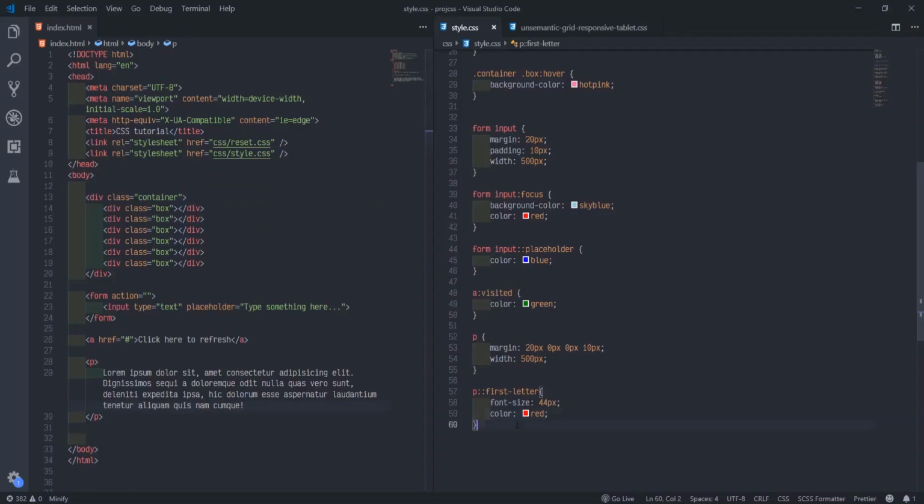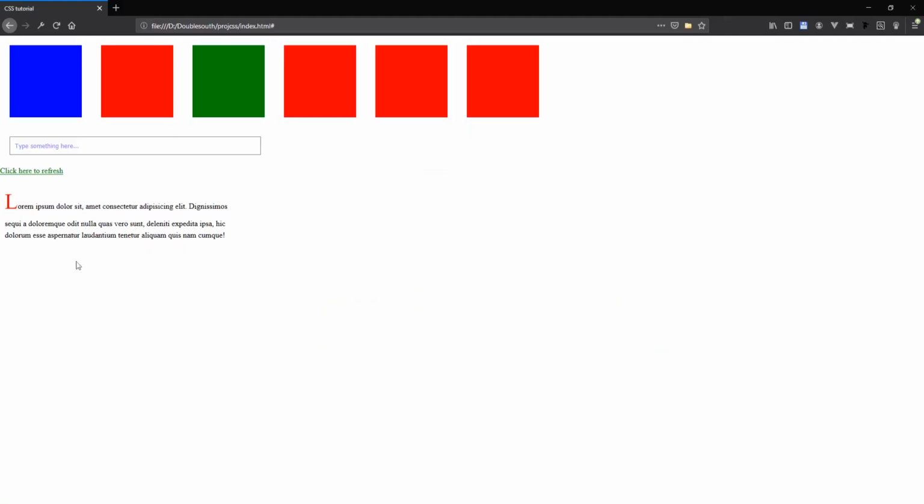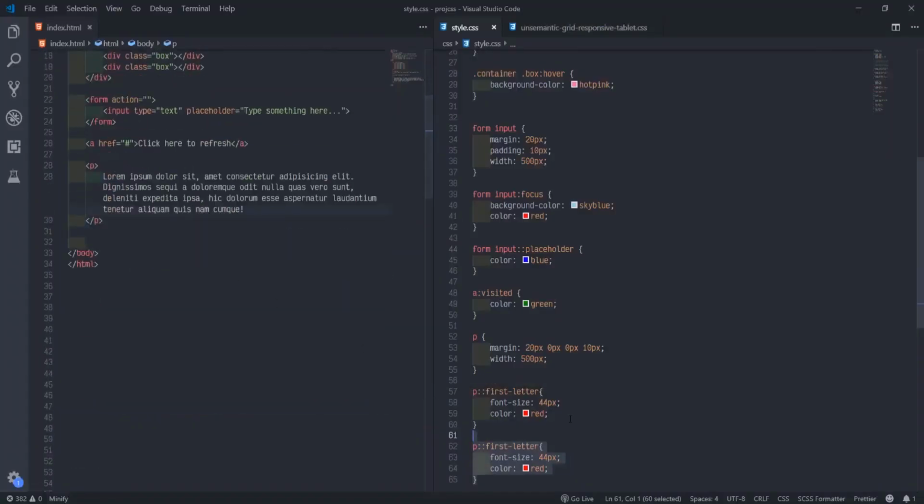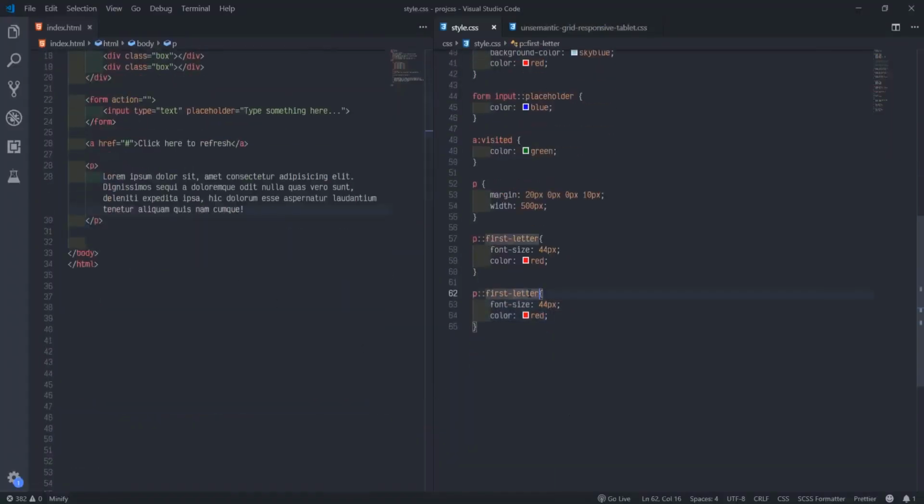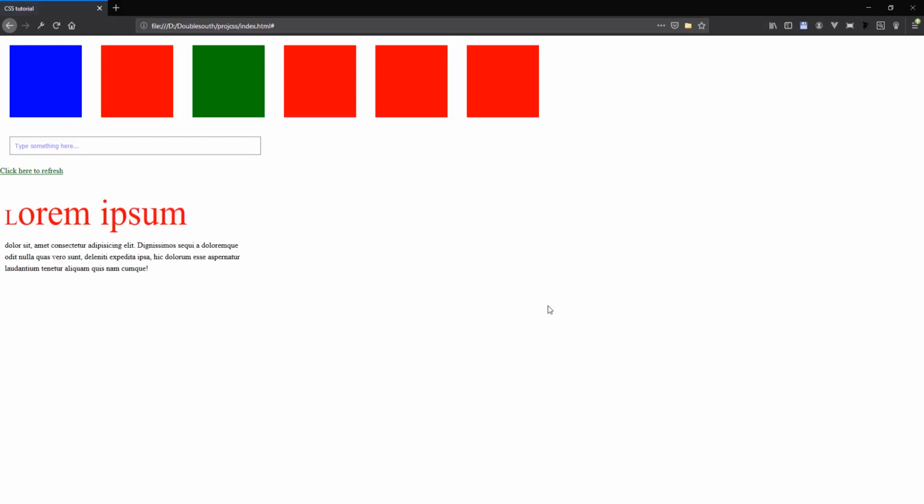Let's do this one again. If it's okay, all of them are like the first line, so maybe their color changes. So what I'll do now is come to this place and say first-line. So instead of red, this one will be different. I can make the font bigger here again, like 74. We'll see how big it is.